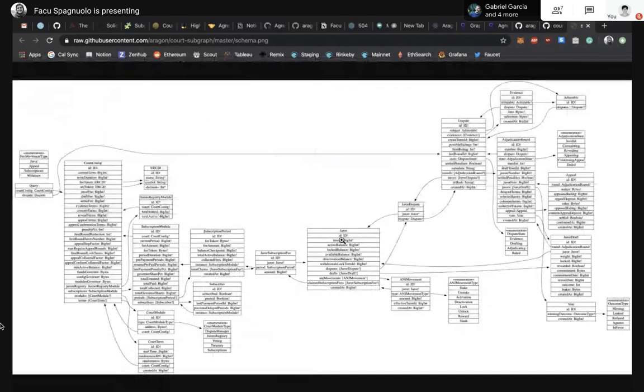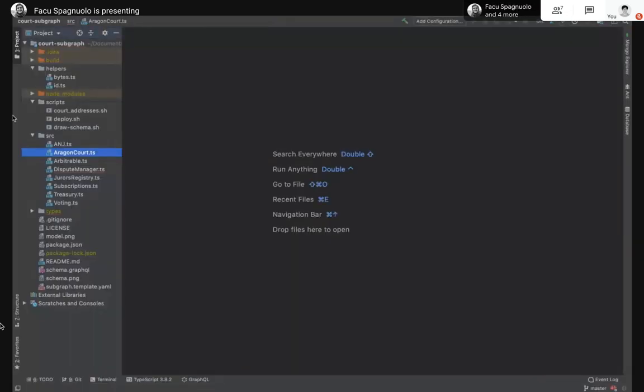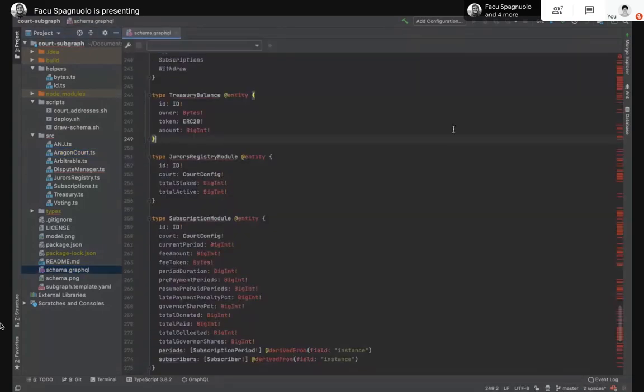I don't know if you used it before, but basically it parses the schema that you build for your Subgraph and automatically provides this UML, or not exactly UML, but a database model. The problem is that your database schema needs to be